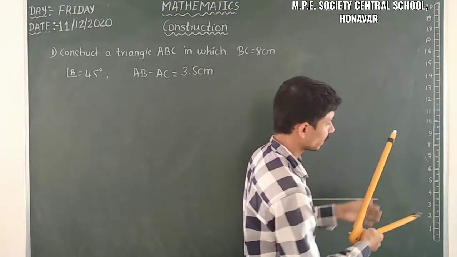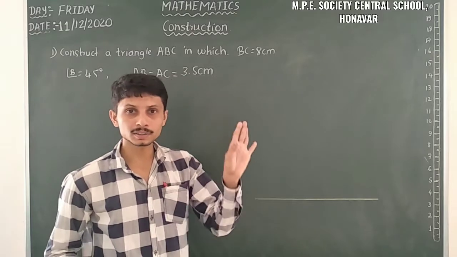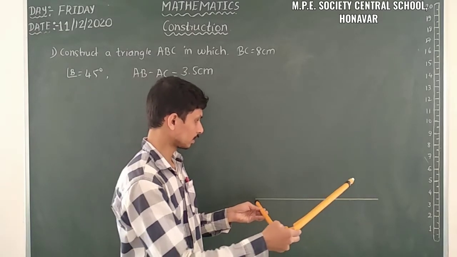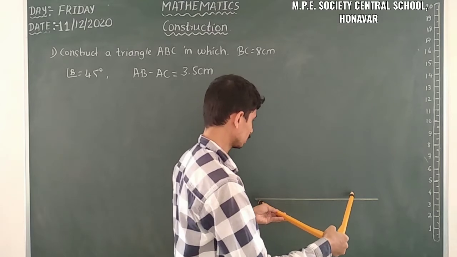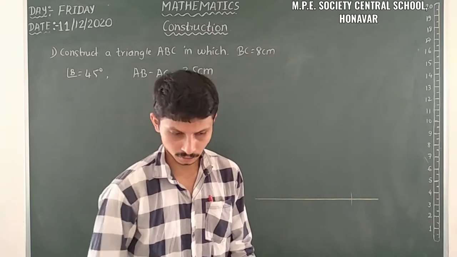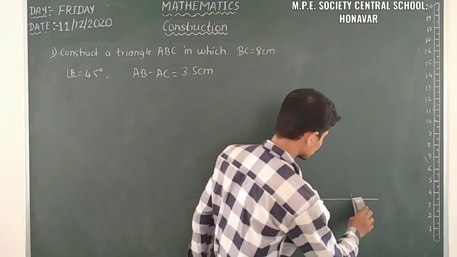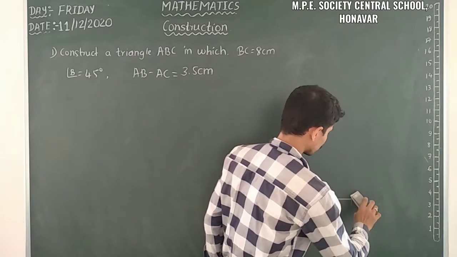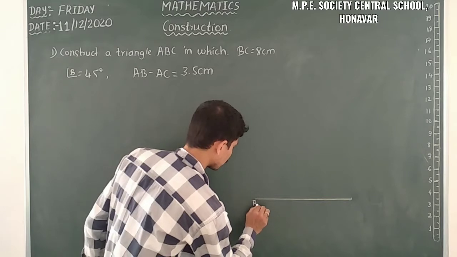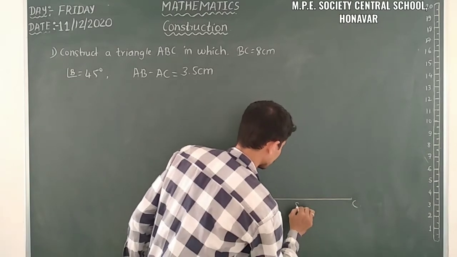Here I have length of 8 cm. So you can draw with your scale. So it is correct. Here I have to draw a length BC. So here we have the length BC. I will drop the remaining parts, what I don't want. So this is the length BC of 8 cm.